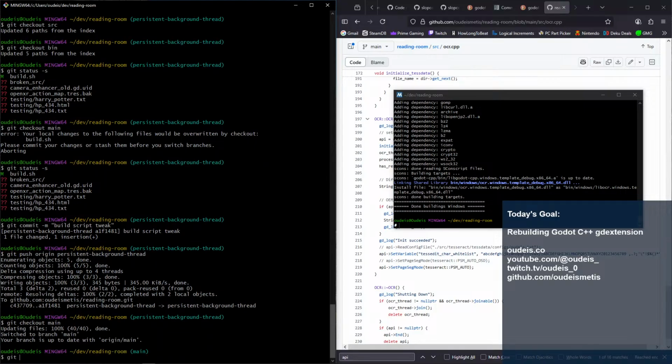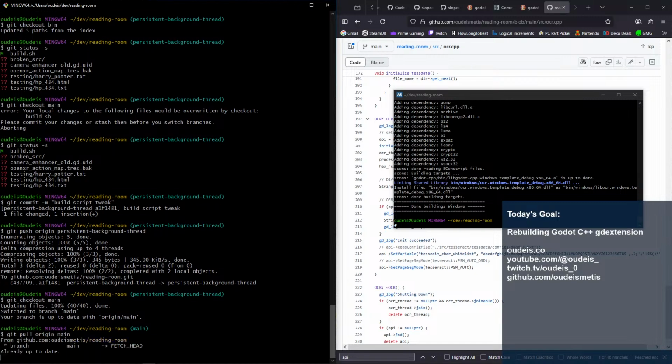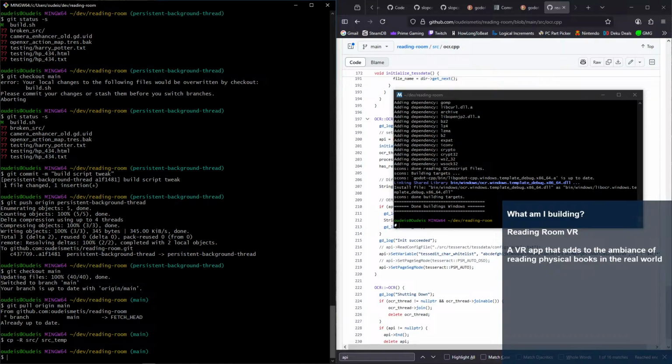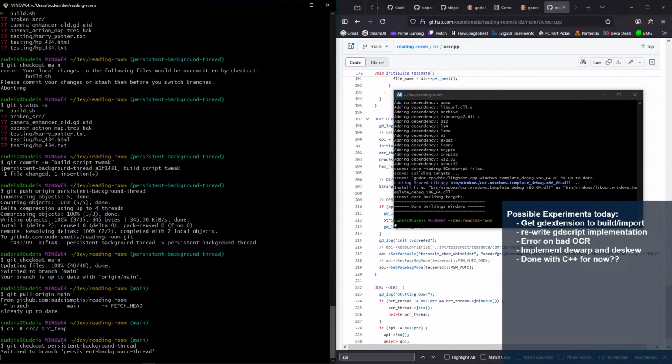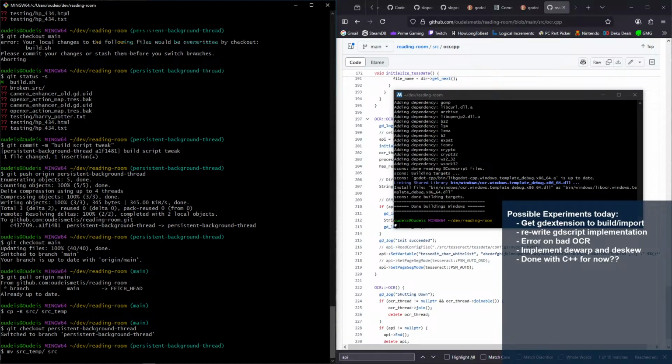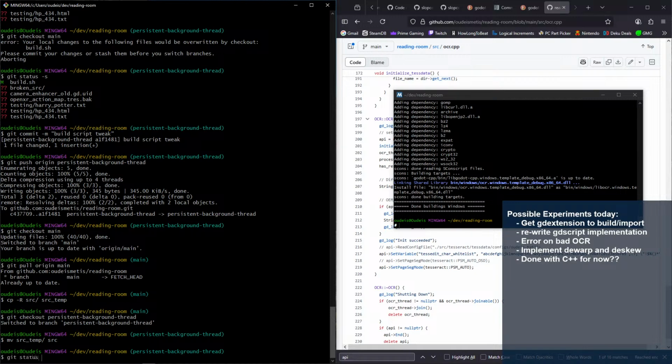We'll do git pull origin main, and then I will do a copy -r source to source temp, and then we'll check out persistent background thread again, and now we will move source temp to be just source. Git status -s.